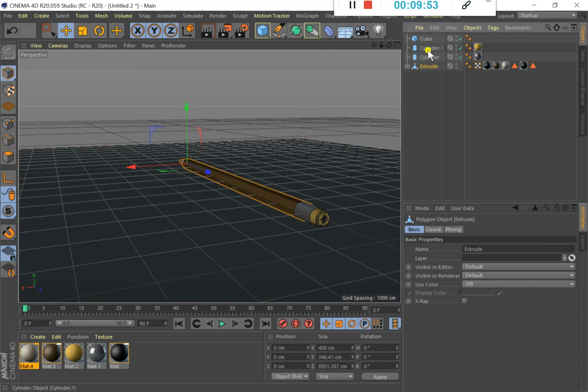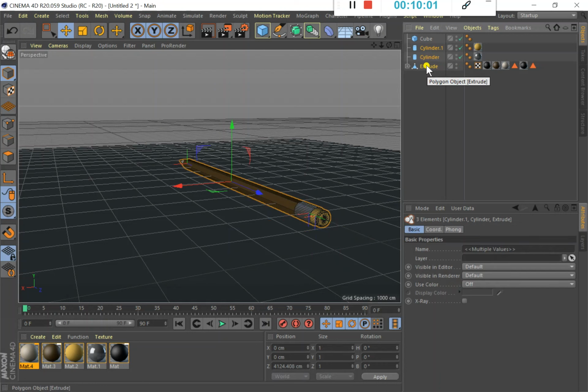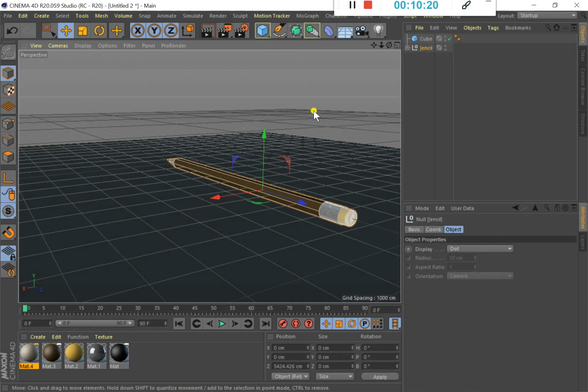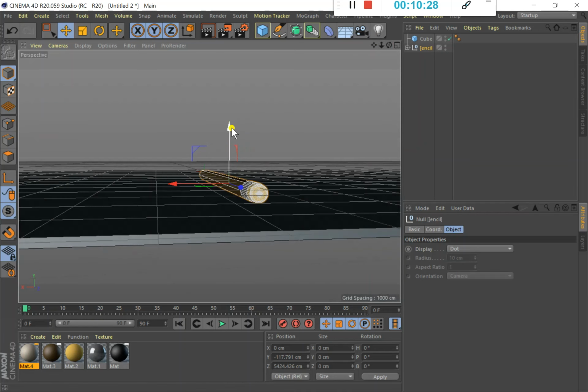And by the way, aside from this cube, click on this, hold shift and then click on this. So now you have selected all of the pencil. To make this a group, press Alt G. Pressing Alt G makes this a group. We'll name this pencil. Now when we click on pencil, we are selecting all of these items, so we can move all of these at once. So we are just putting this on the cube just a little higher,